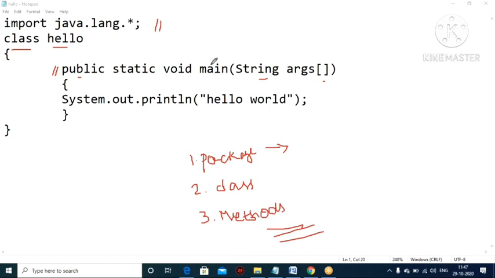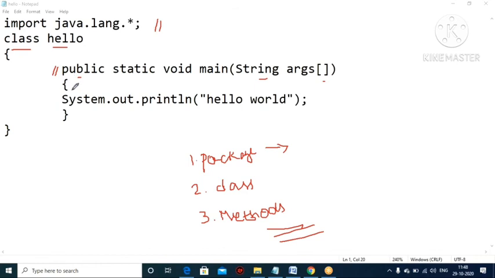Yes, it's possible, no problem, because this name is configured inside the Java machine. The JVM is already present in RAM. So this is the basic command: public static void main(String[] args), then close it.